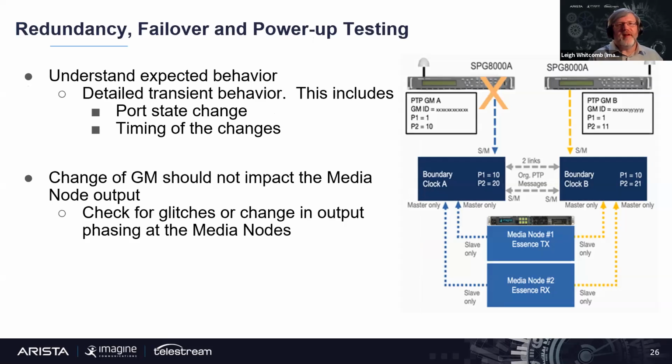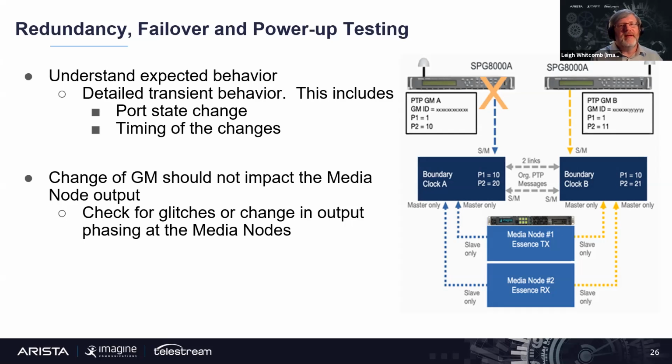One important part of the commissioning is you do want to test your redundancy and your failover and your power up. So you want to basically understand, if this particular link fails, if this device fails, what is the expected behavior? How does the BMCA take over? How will the media node see this? So you need to work out very detailed transient behaviors of what's happening, what the port changes, and the timing